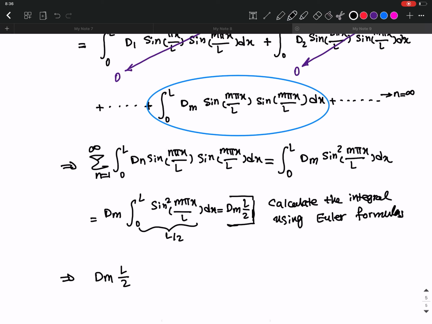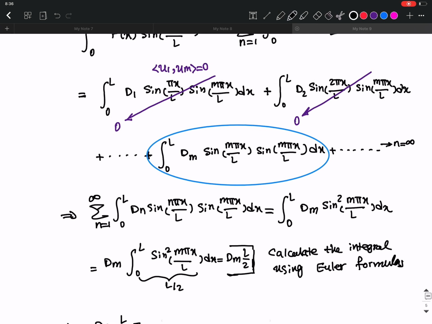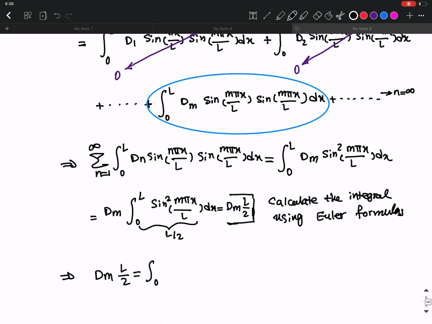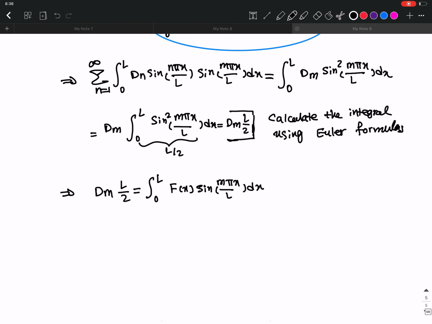So d_m L over 2 equals the left-hand side here. So it's going to be the integral from 0 to L of f(x) sine(m pi x over L) dx, right? And so this is going to give me the d_m relation that I wanted. This d_m was the unknown, and I wanted to find it to close the equation. So this is going to give me the d_m